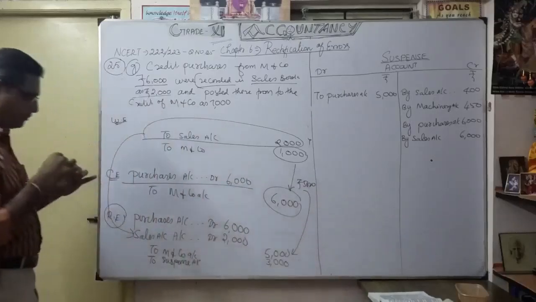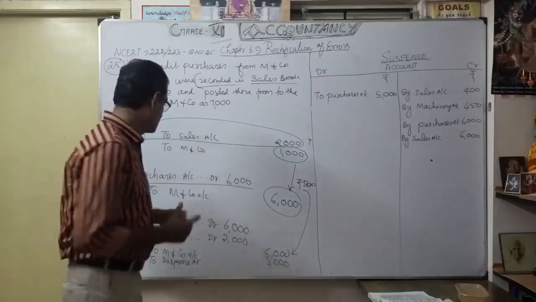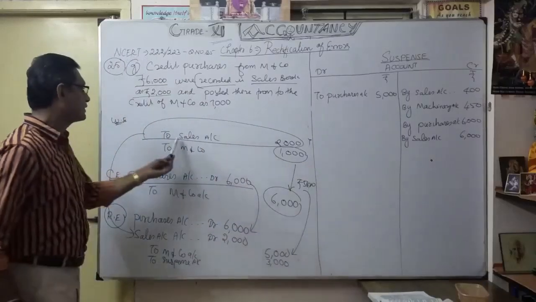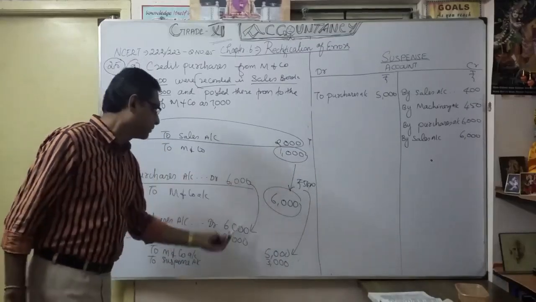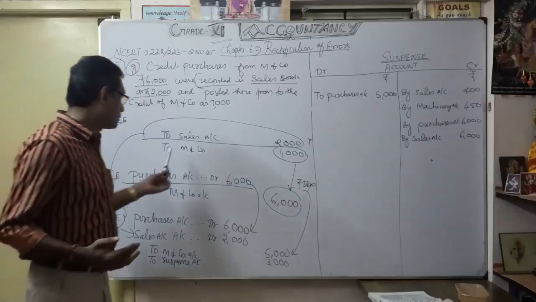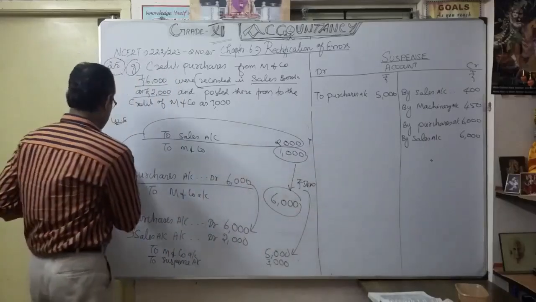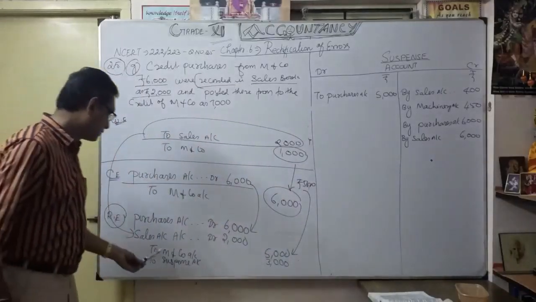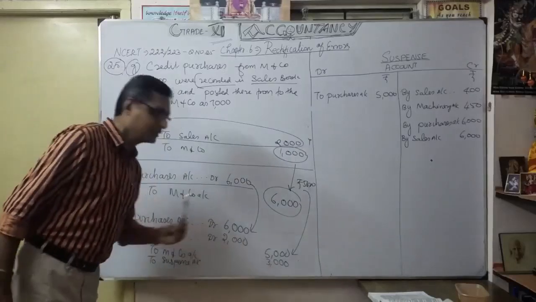You understood? So purchases account, you are supposed to debit 6,000. That's what I have done here. Earlier wrongly credited sales account, I want to rectify. I make it sales account 2,000. Thereafter, I was going to credit 6,000, but they credited only 1,000. That's a wrong entry. Correct. So difference 5,000, I'm going to credit now, to M1 Co 5,000. So now the difference is to suspense account 3,000.